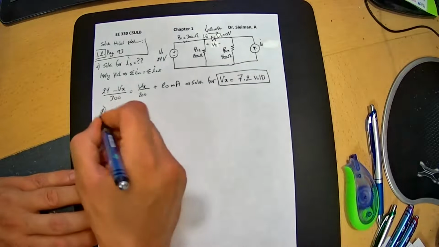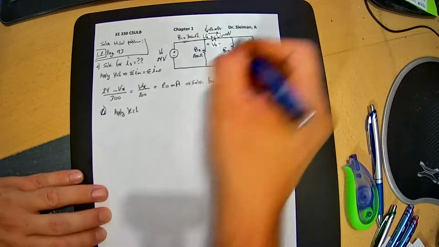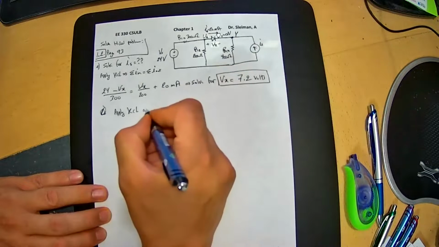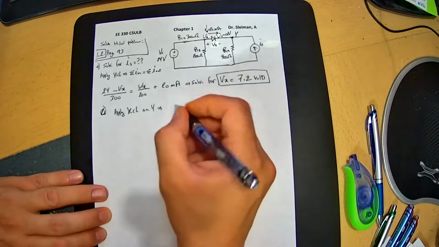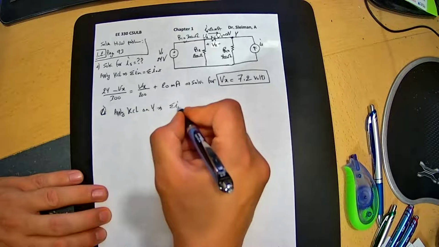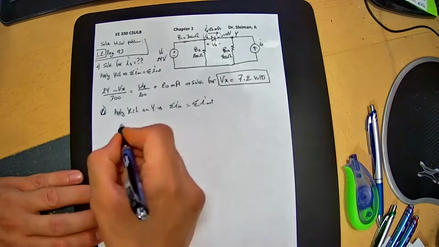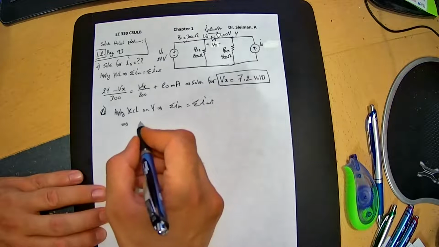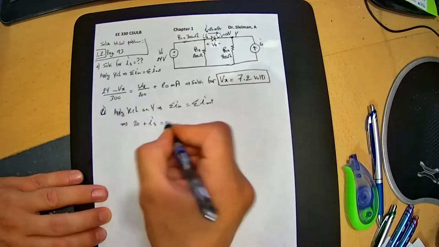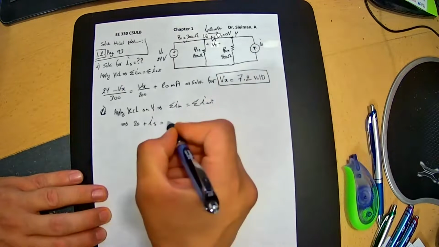So most likely we apply another KCL on this node. Let's call it node Y. On Y, the sum of all the current input is equal to the sum of all the current output. So we have 20 plus I of S is equal to the voltage 7.2 divided by